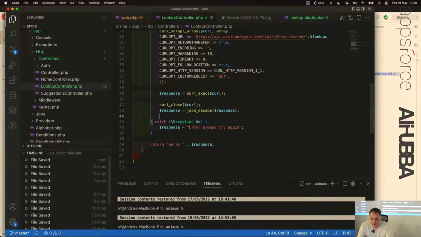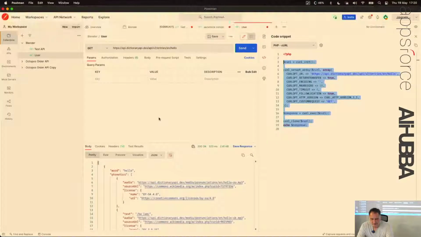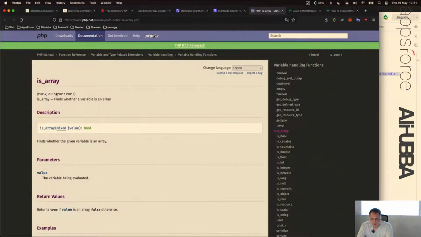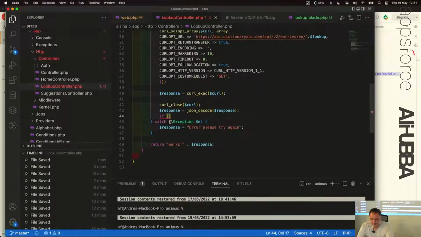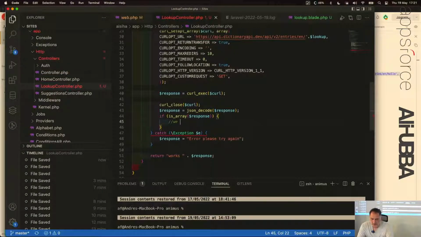So there is a function called isArray, and I pass the thing in it, and I know if it is an array or not. But the way she was saying it is that it should throw an exception if it's an error. Yeah, but I don't want to throw an exception in this case. I actually want to deal with it. So if it's an array, we are good, else